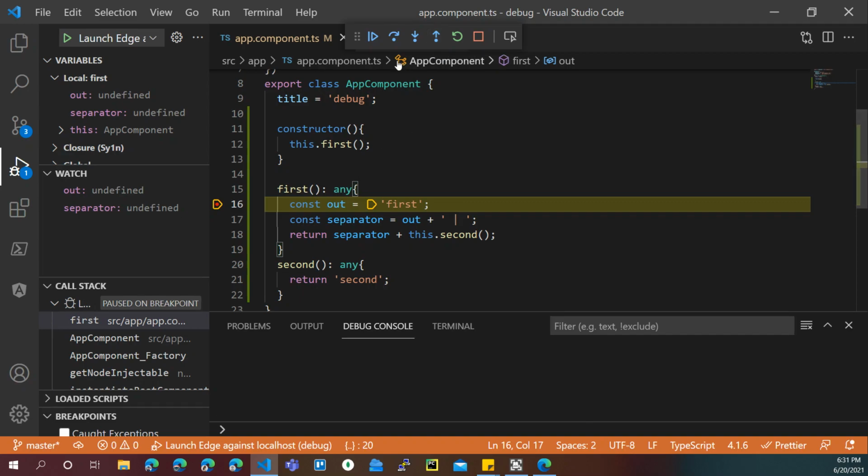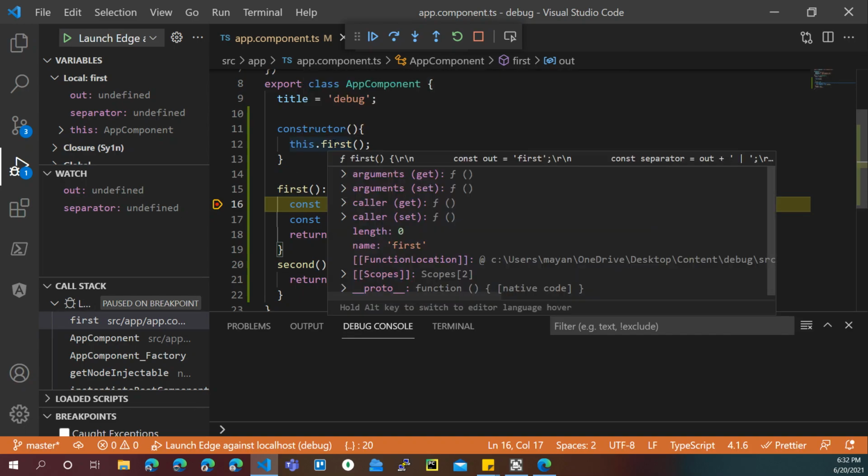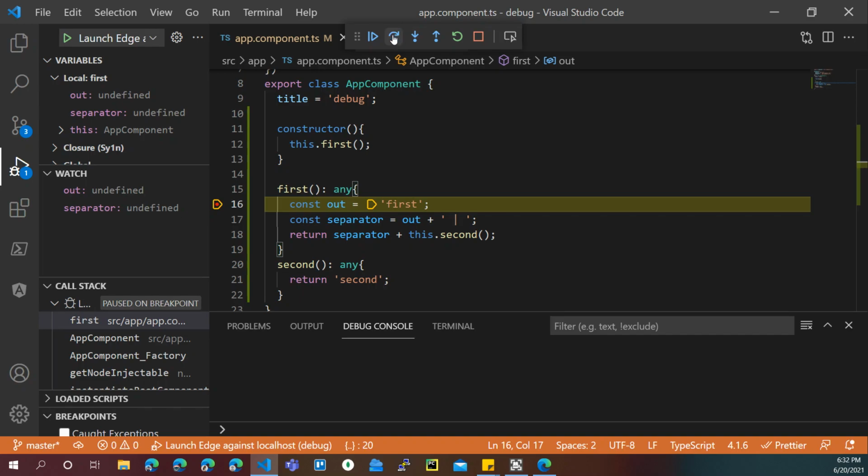So to recap a bit, step over will just skip over each line. Even though a function is being called, it will not go inside the function. Step into will go inside the function on that particular line, and you can then go inside the function and understand the code over there. Step out will finish all of the code in the current function and then go to the parent function which had called the current function. So with that, let's go and use the step over function.